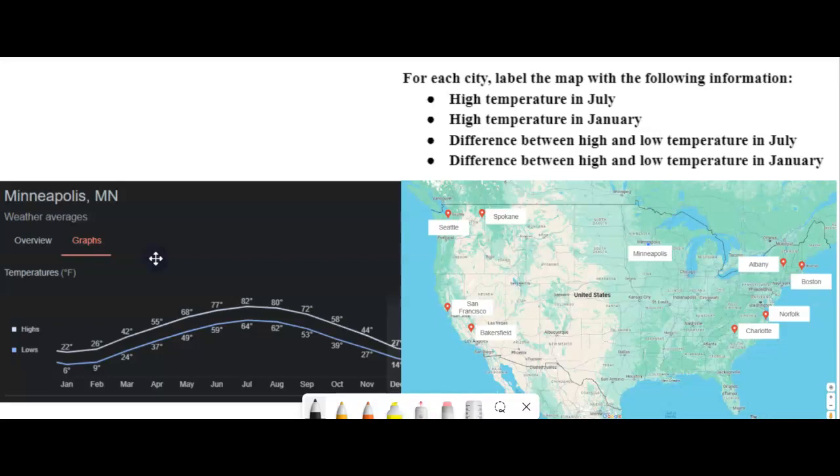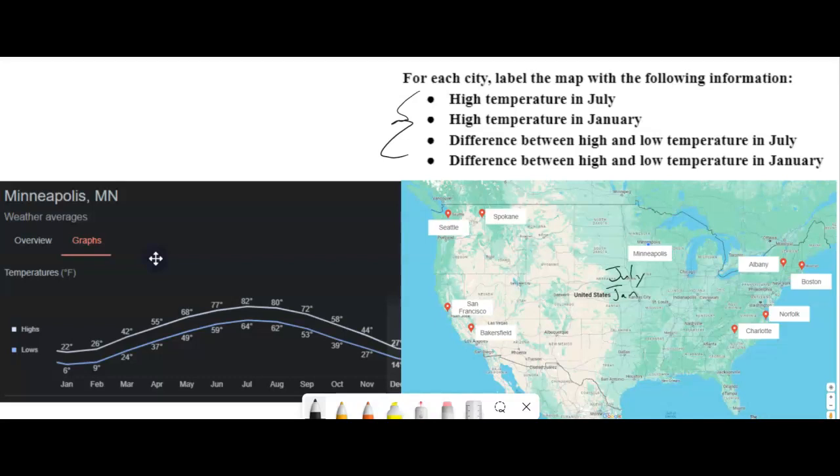It's not. Okay, so these are the things up here that I need for each city: high temperature in July, high temperature in January, difference between the high and low in July, difference between the high and low in January. Okay, so let's go ahead and take a look for Minneapolis. Alright, I'm going to label